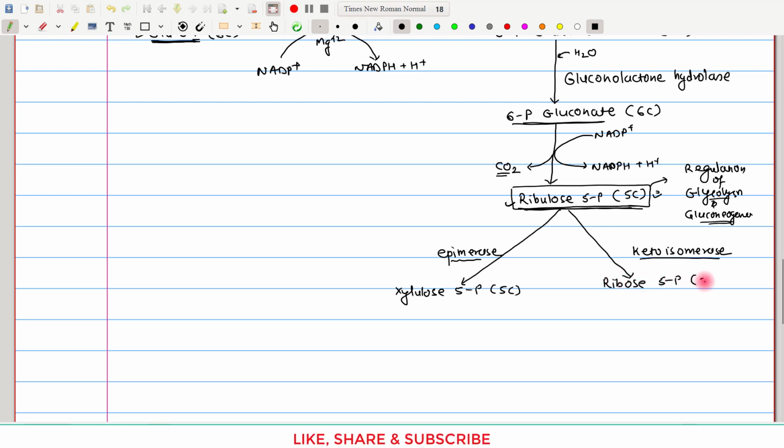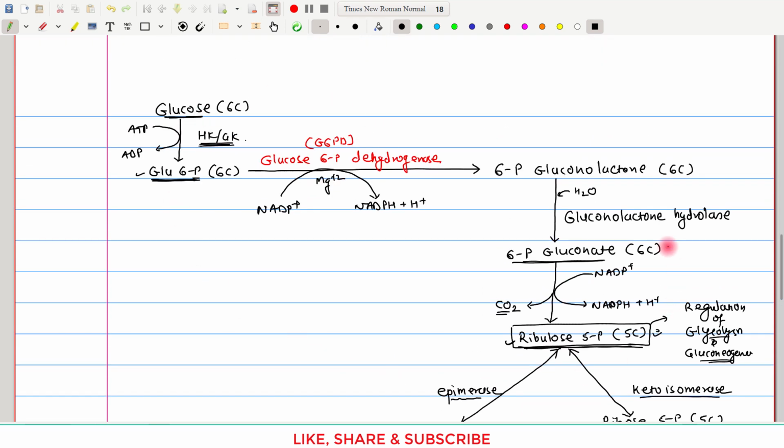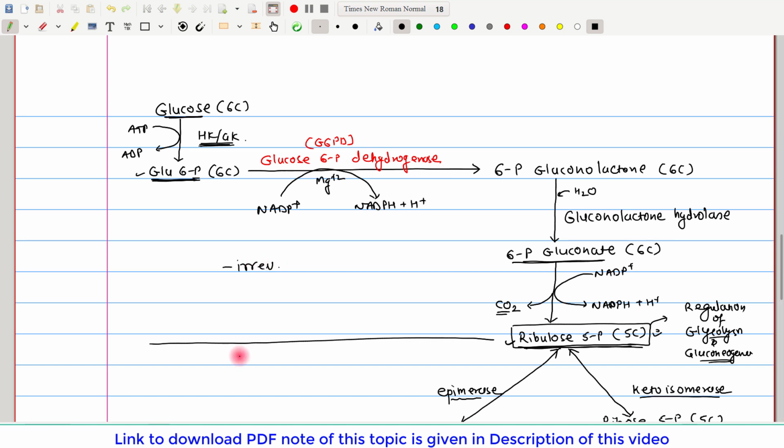This ribose 5-phosphate is also a 5-carbon compound. Remember, both of these reactions are reversible. Earlier, all the reactions of the hexose monophosphate pathway were irreversible. So before ribulose 5-phosphate, all the reactions are irreversible,